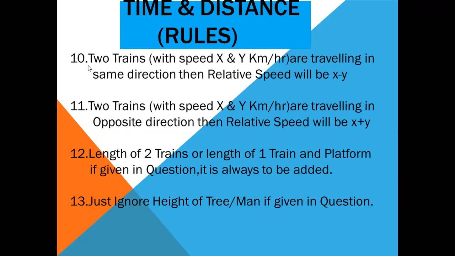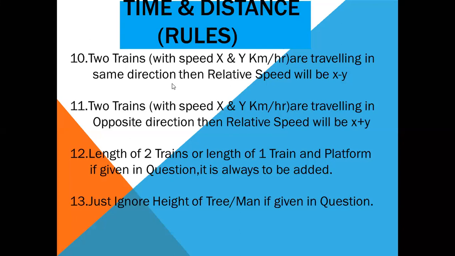Before we move on to a few questions, you have to keep a few things in mind. Whenever in the question you have been given two trains, the first train moving with a speed of x kilometer per hour and the second train moving with a speed of y kilometer per hour, then the relative speed would be x minus y. We have to subtract those two speeds. It's not only for two trains. It could be one person sitting on the back side of a bike and another person sitting inside a train. Even if they're going in the same direction, the relative speed has to be subtracted. So this formula will not work only on trains; it could apply to any two persons sitting anywhere.